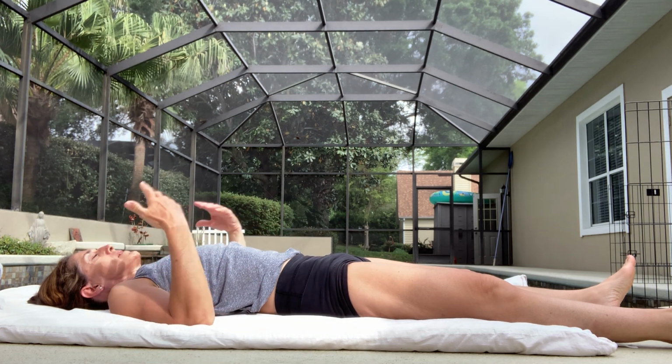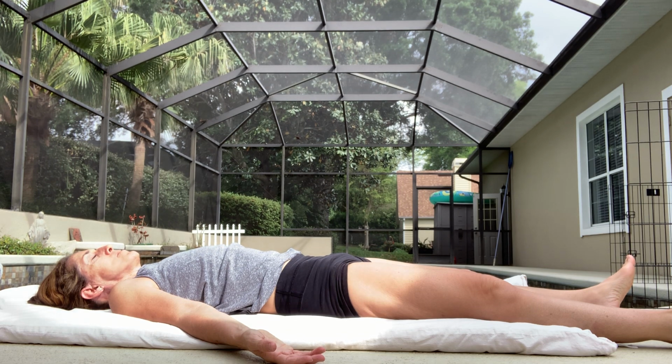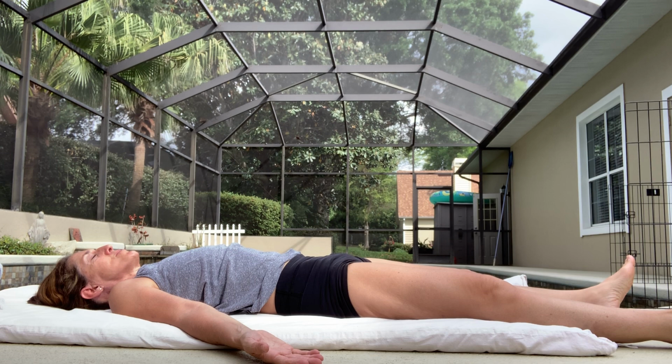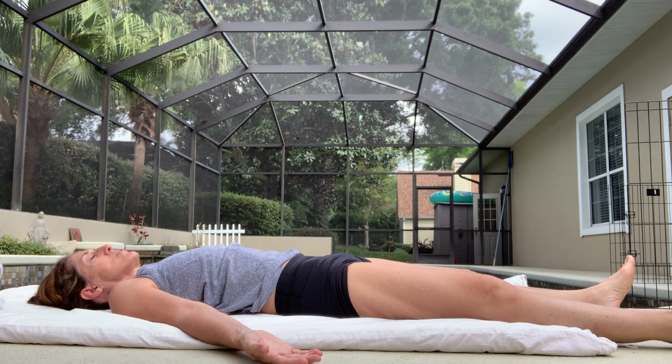belly, crown of the head to the tip of the toes. Just scan it, let go of any tension, and just stay here for a minute or two and let that yin practice settle into the bones. But more importantly, let it settle into your soul and hopefully bring you an element of calm abiding, of peaceful presence,